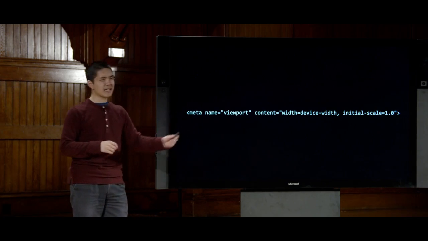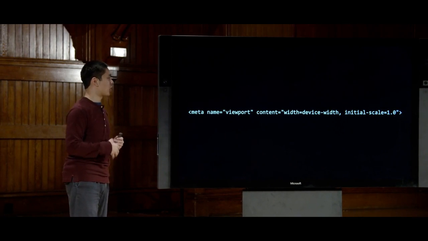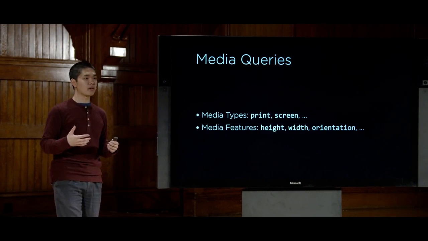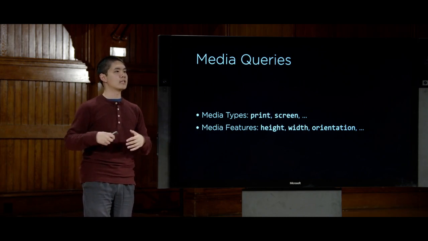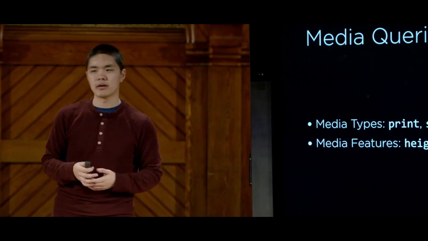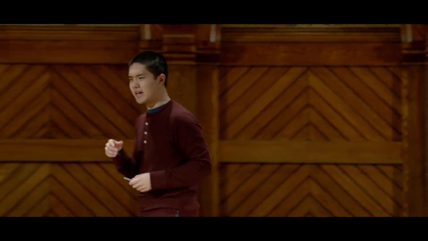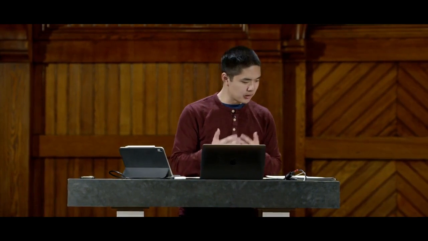But in addition to just adding a line like this, there are other actual changes we can make to our page to make it look a little better on different screens. And one of those has to do with media queries. And media queries are all about controlling how our page is going to look depending on how we render that particular page, or what size screen we're rendering that page on. So let's take a look at an example of how we might go about using media queries in order to control what a page actually looks like,